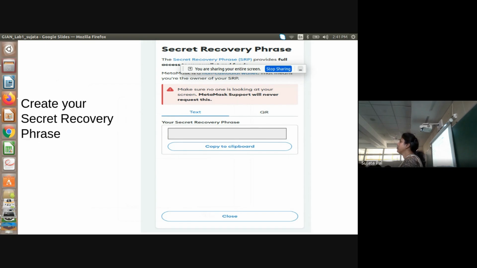Then your secret recovery phrase, you get either as text or something like a scanner code. Everyone, please store this secret recovery phrase. You'll get it once only. If it is lost, then you'll not be able to connect it to any other device. If you store it, whenever you open it on any other device with the same ID and the same secret recovery phrase, you will be able to access your wallet. It is always needed. I created mine 6 months ago, but my student already copied it, so I created again. So you need it. You keep it in your Gmail, this secret recovery phrase.